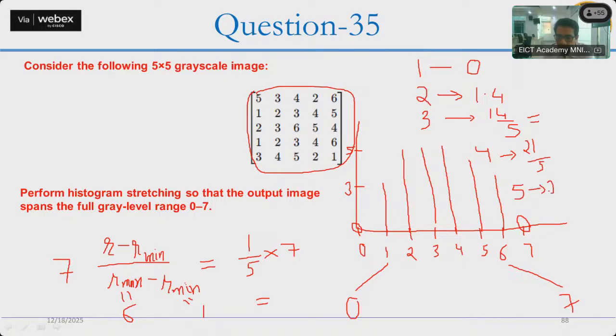Absolutely. 28/5. Very good. 6 आपका क्या आ जाएगा? 7. परफेक्ट. ये हमारे क्या हो जाएंगे? बेसिकली दिस विल बी द